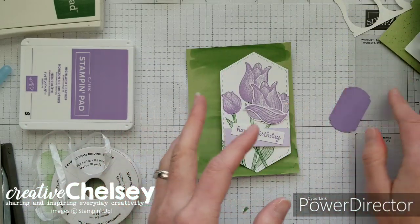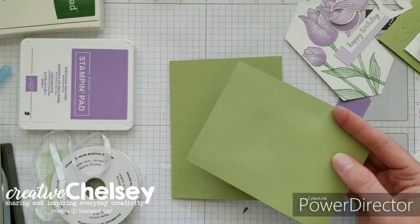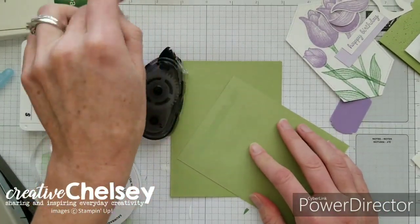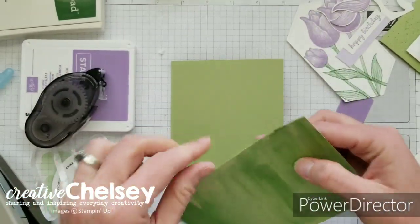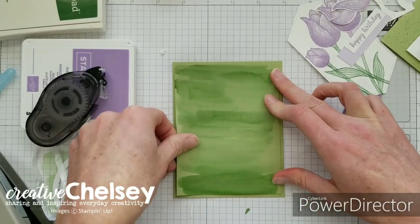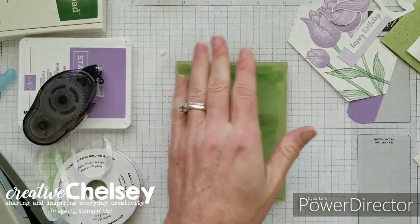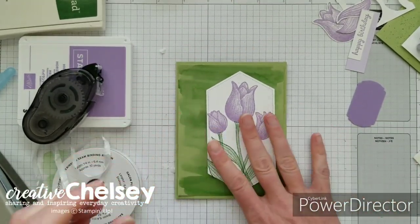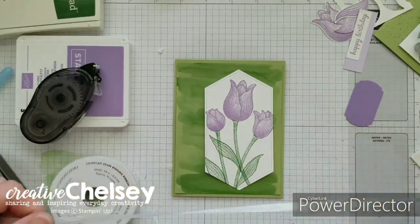So I'm adding a lot of layers to this card as well. I've got my card base, which we didn't do anything to, but we're adding another layer of cardstock with this Watercolor Wash background. And that just gets centered on your card base. And then we're going to have our layer of our stamped images, and that's going to pop up. But before I do that, I'm going to add some of this